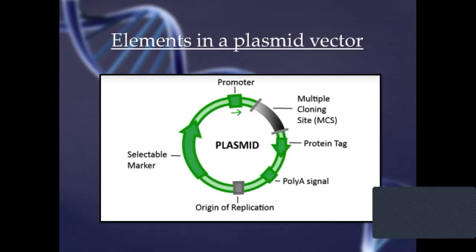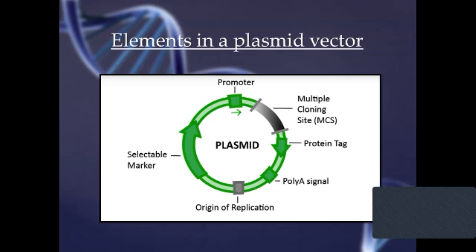For example, the selectable markers in the DNA construct often contain antibiotic resistance genes. A transformed host has the antibiotic resistance gene on the DNA construct. Therefore, it can grow in the medium with the particular antibiotic. On the other hand, a host cell without a DNA construct cannot survive in the selective medium. The next thing it needs is a multiple cloning site, an element of the plasmid fragment which contains restriction enzyme sites to allow the DNA insertion.